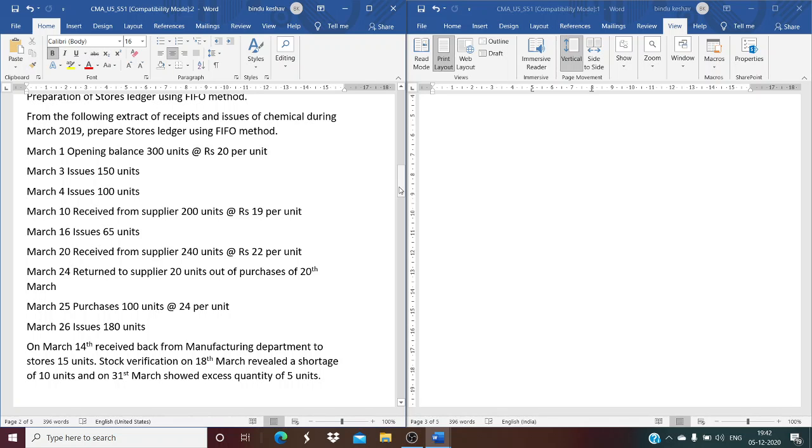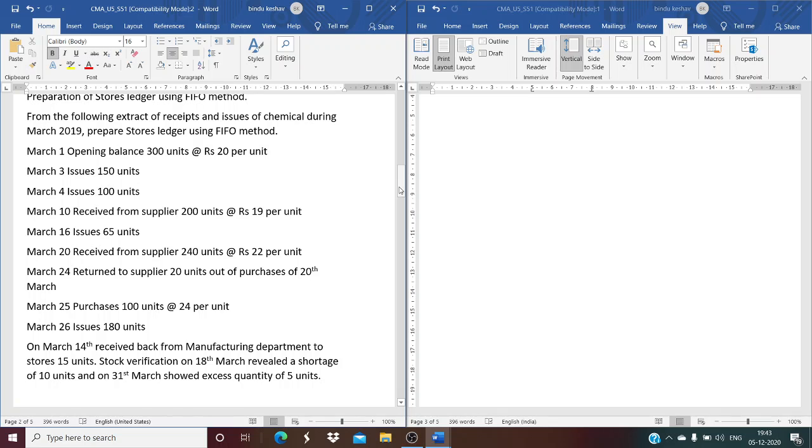March 24, returned to supplier 20 units out of purchase of 20th March. March 25th, purchase 100 units at rupees 24 per unit. March 26, issues 180 units. On March 14th, received back from manufacturing department to stores 15 units. Stock verification on 18th March revealed a shortage of 10 units and on 31st March showed excess quantity of 5